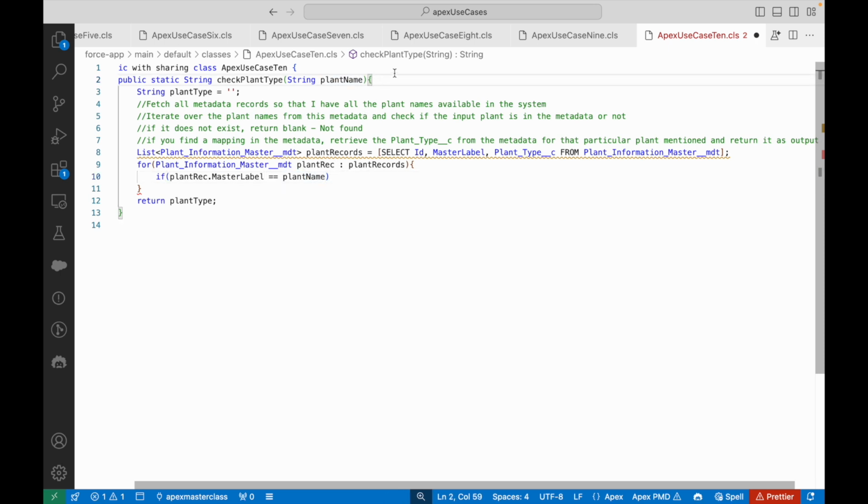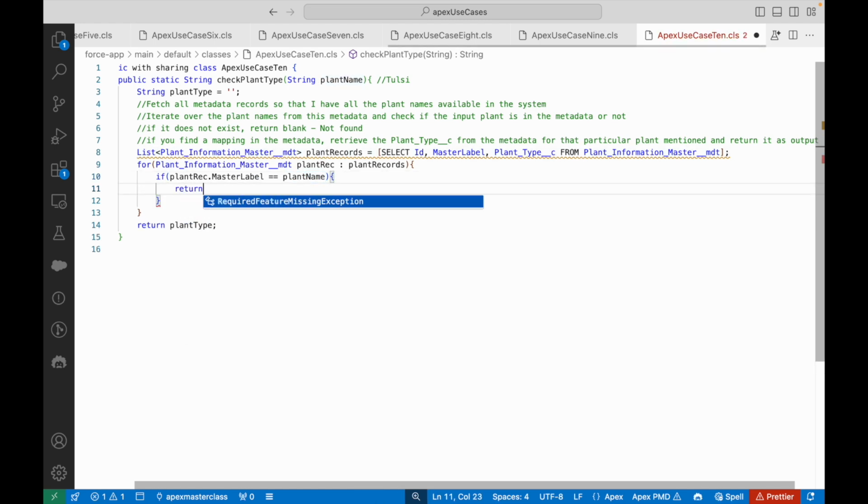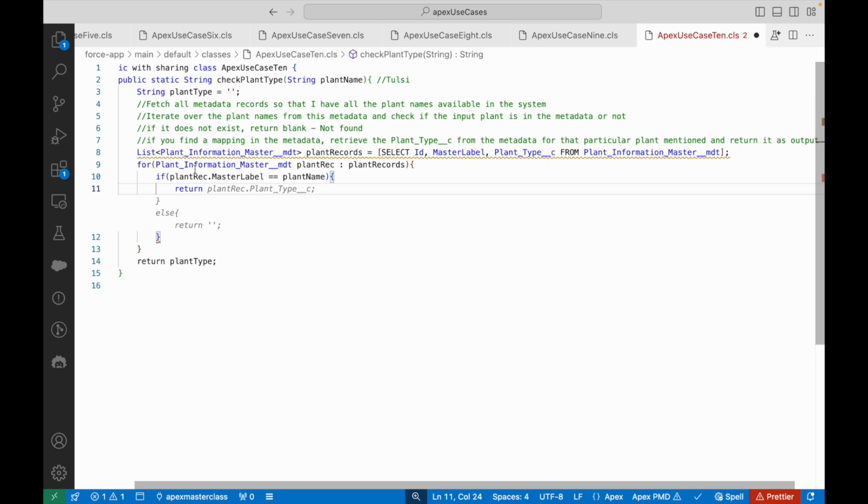So what will this contain? This will contain, let's say, Tulsi. Correct? So this will contain all the 5 records, and then you are iterating over each record. So now plant rec dot master label, if the master label is equal to Tulsi, only then it will go ahead and return the plant rec dot